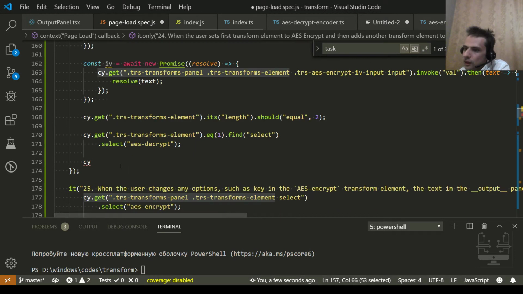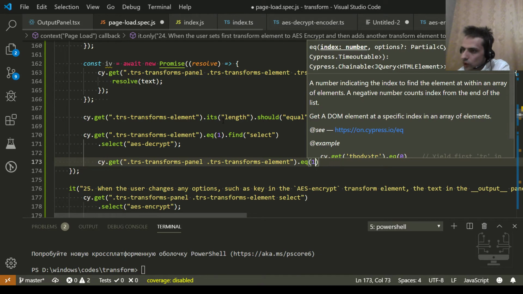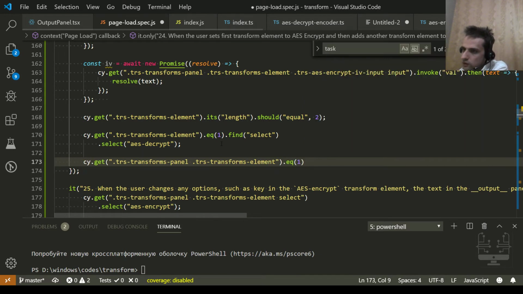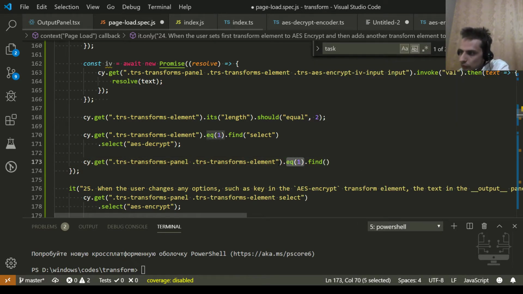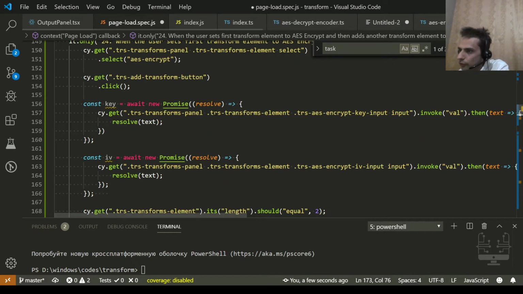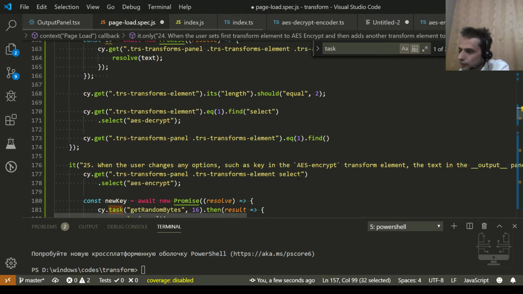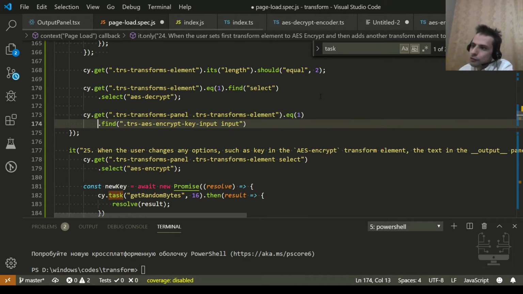So I think we could get key like this, EQ1, and then find. Find will search for descendants of this item. So this second element we first select, and then we search for its descendant with the following selector. Find, right? We find the input and we type